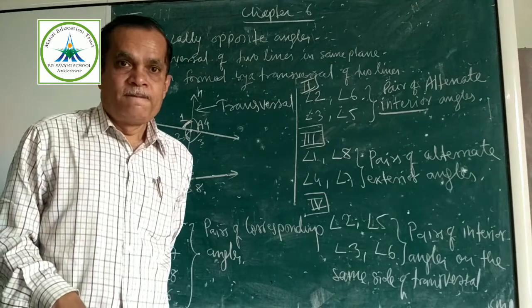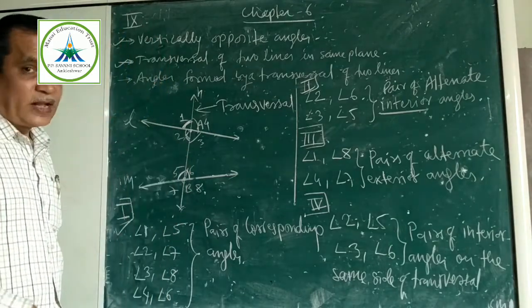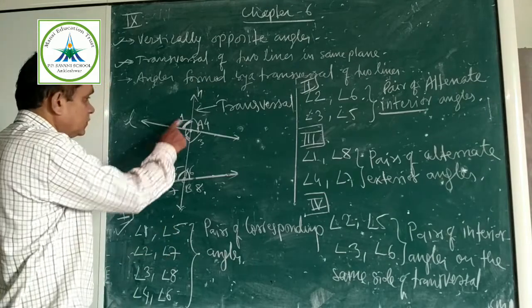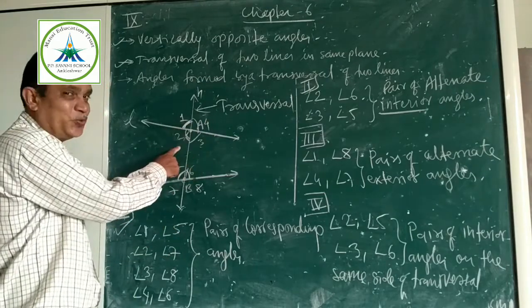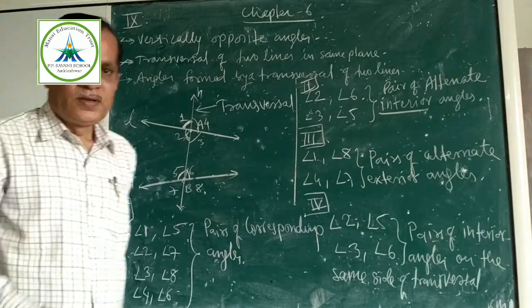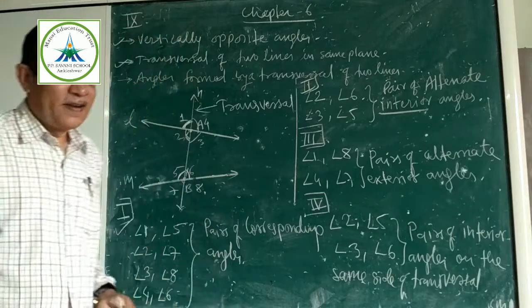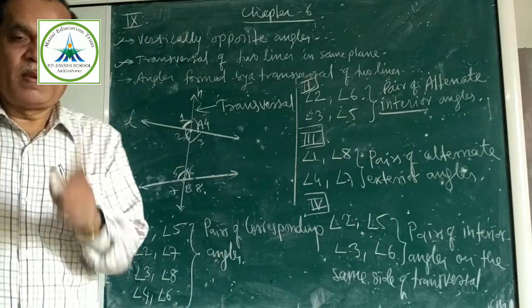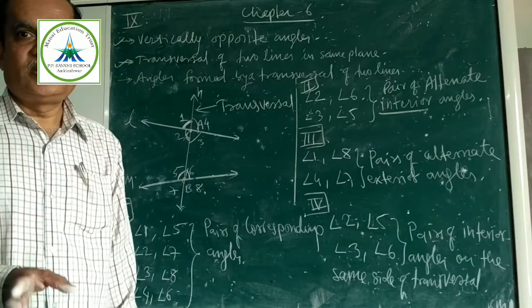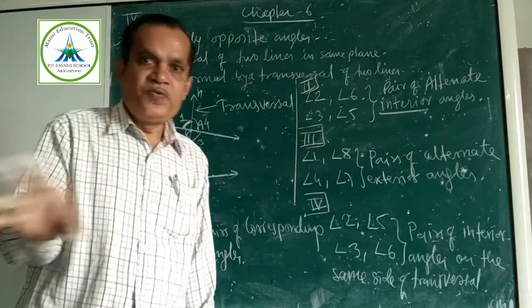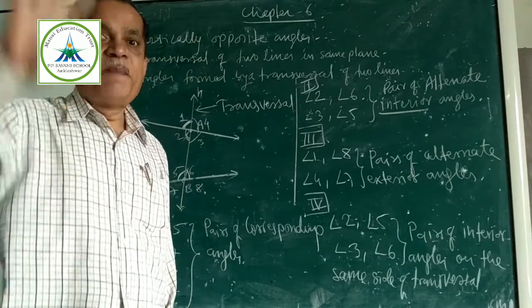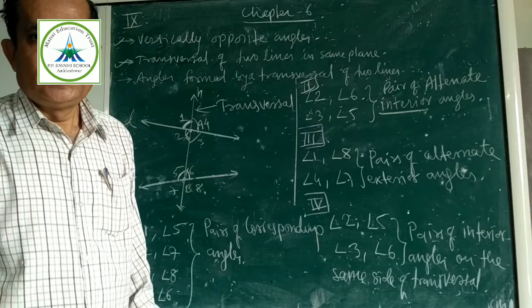I am telling you, students, vertically opposite angles again. How many pairs of vertically opposite angles are formed? 1, 2, 3, 4. See now. Again, this is basic to remember. You should know. Otherwise, if you do not know, do not practice, are not prepared in advance, then we waste time counting in the examination hall, and it affects completion of the paper.